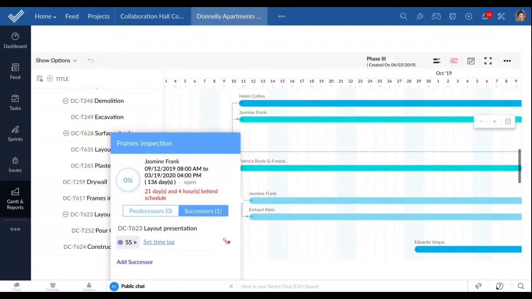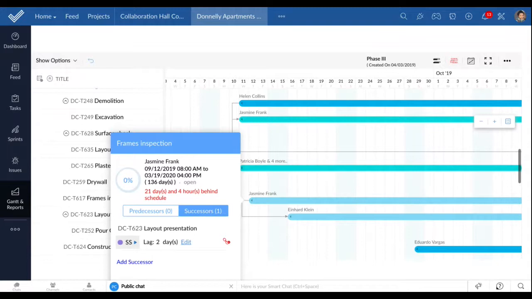So when I choose this type of dependency, they are aligned on the Gantt in such a way that they start together, right? And if you want, you can also set a time lag between these two tasks. All right. See, I just set a lag of 2 days. So that has placed the successor to happen after 2 days. So that is setting a gap of 2 days between task A and task B,